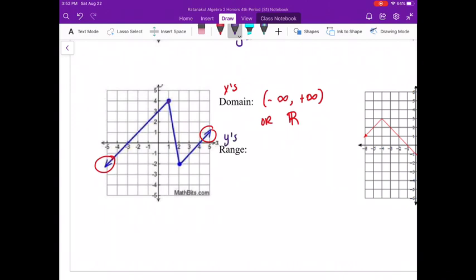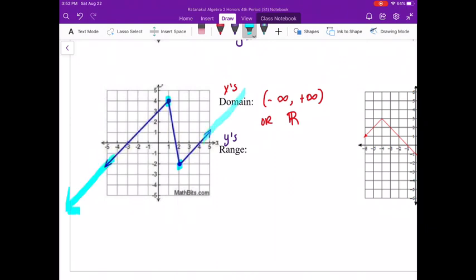Range is referring to the y's. So you're thinking about, is there a lowest point? Is there a highest point? Or is my graph going on forever? This is where some students get confused. We see that there is a low point and a high point, but we have to remember that these arrows